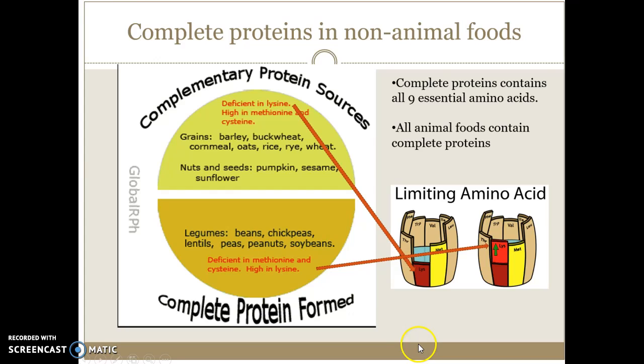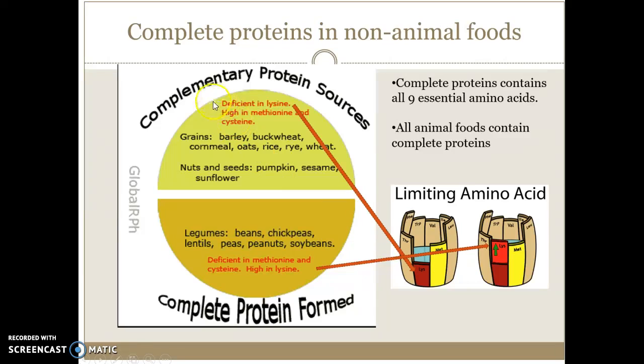When we are eating animal products, there's something called complementary protein. So people that are vegetarians, or if you decide not to eat meat 1 or 2 days a week, there's a combination of grains and legumes that need to be eaten together, because each of these non-animal products is not a complete protein. It's missing some of those 9 amino acids. I like this picture here because it talks about this barrel. For instance, these grains are deficient in 1 amino acid. So if you have a low amount of amino acid, that's the limiting amino acid, and you can't use all the other amino acids unless they're all present.